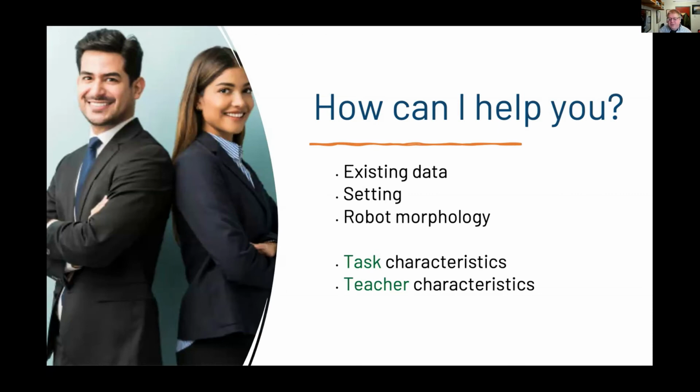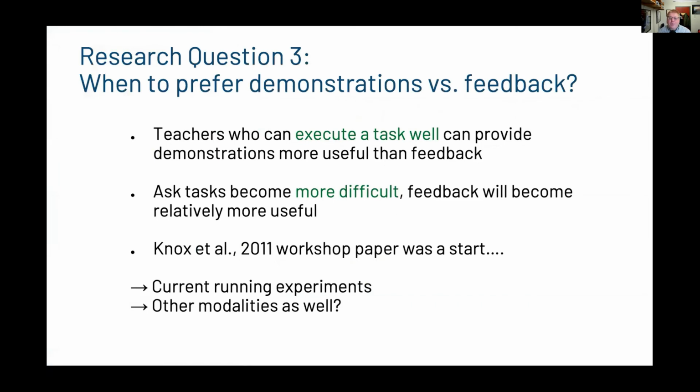So for instance, let's just think about, when would I want demonstrations versus when would I want the person to give feedback? Brad Knox's example was, I can't fly a helicopter, but I can give a -1 when it crashes. There was a 2011 paper that made a start on this, but my current hypothesis is, people who can play a game well can give good demonstrations. They can also give good feedback. But if they can play that game well, that demonstration is going to be relatively high quality, and it's probably going to be more useful than feedback.